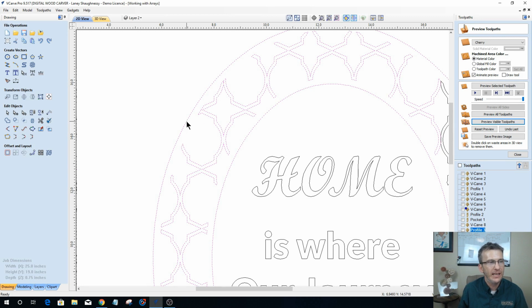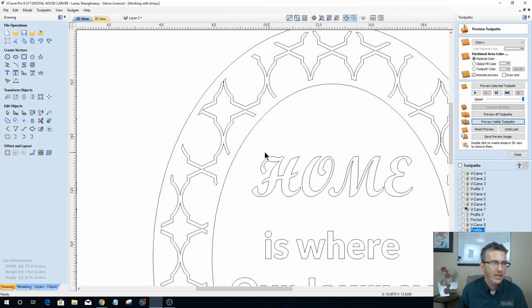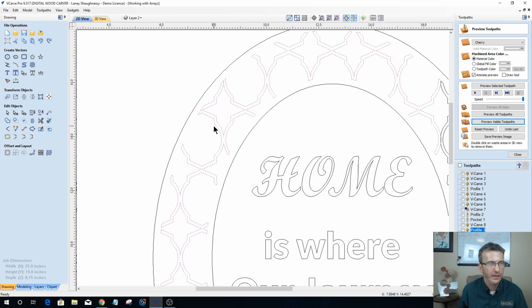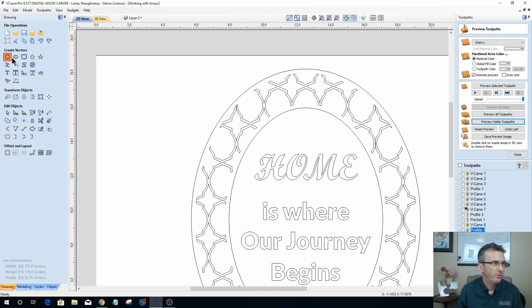If I deselect my boundary or border, and the only reason I had the inside one selected is so it didn't V-carve in here, right? But if I were to deselect my border and just have my design selected, then now it's going to carve opposite. It's going to carve this area away, leaving these areas raised. So yes, if you have a boundary around a V-carve design, that creates a raised effect, just like if I put a boundary